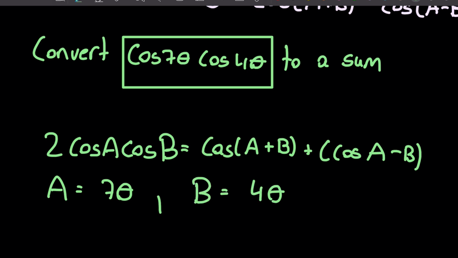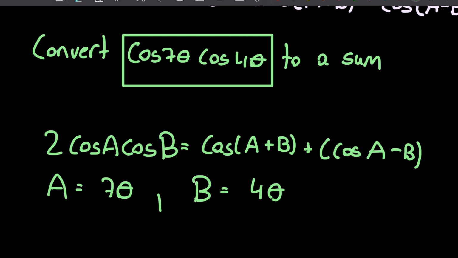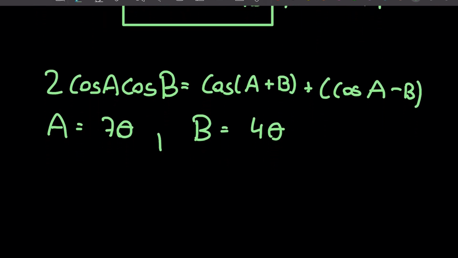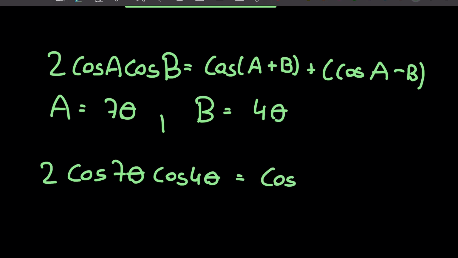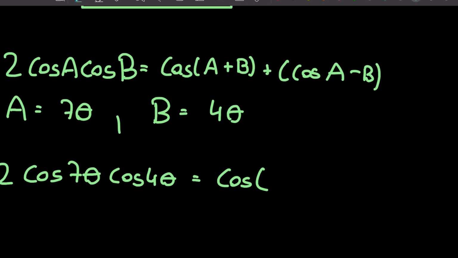So knowing this, we can actually substitute this in. So what we can do is we can have 2 cos 7 theta cos 4 theta is equal to cos of A plus B, which is 7 plus 4, which we know is going to be, I'll just write down 7 theta plus 4 theta